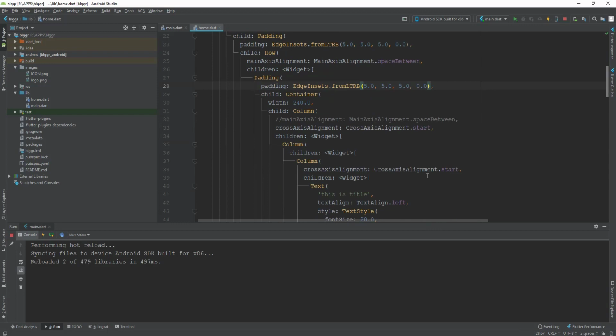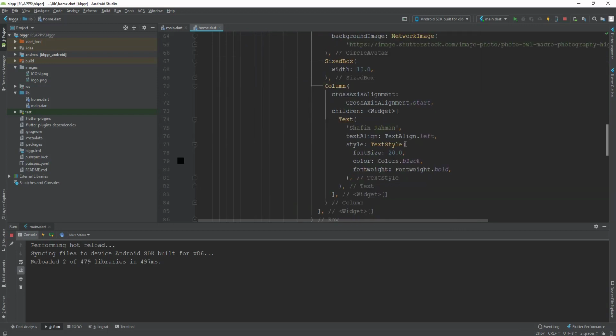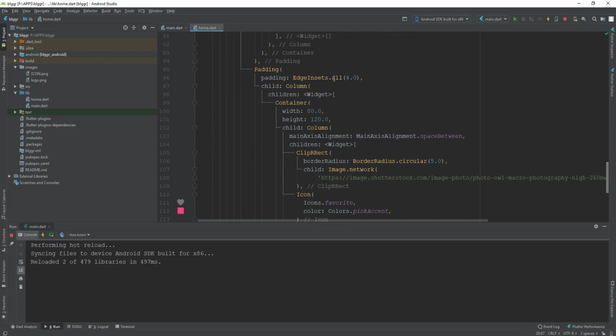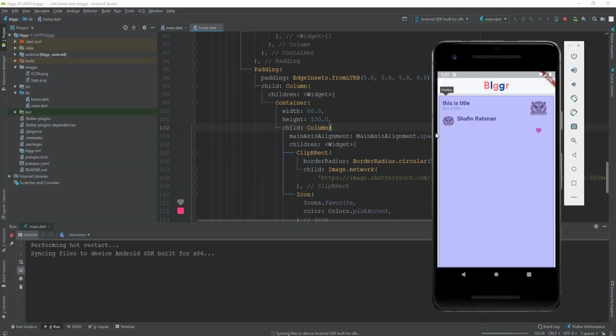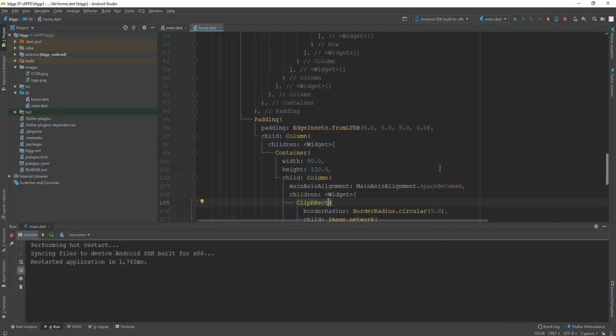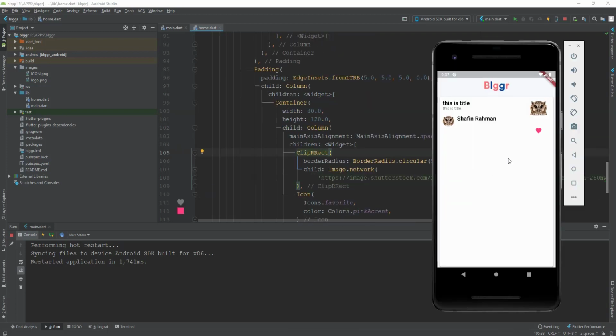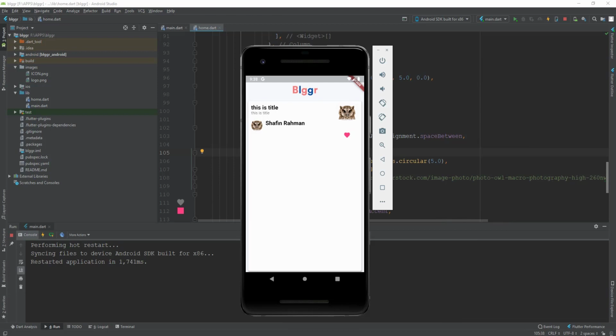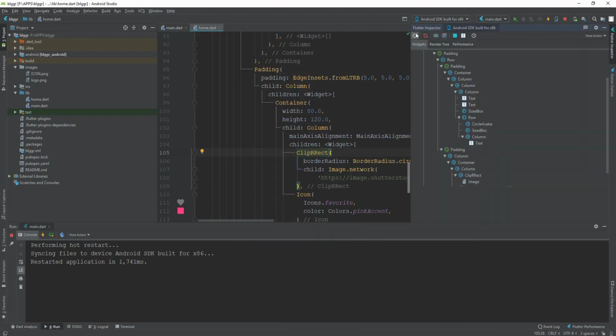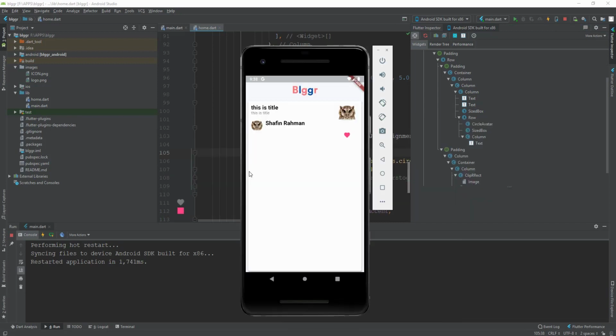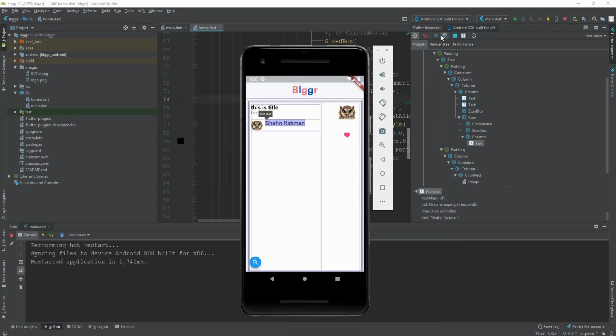Okay, we have something padding set. And hot reload. So the main issue is the padding. It works nice, but the padding is